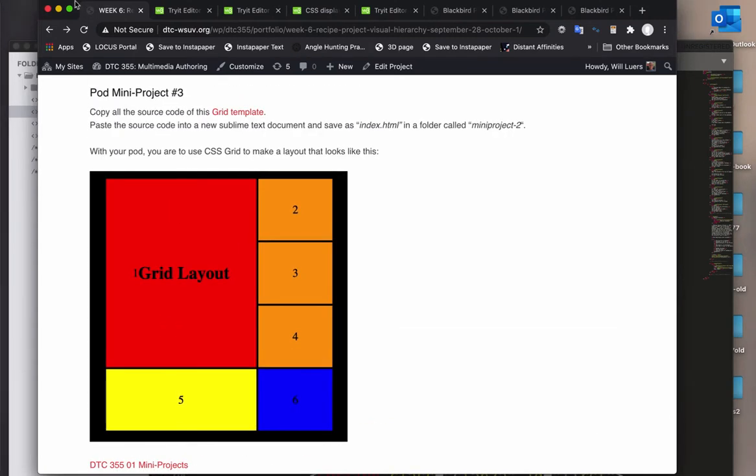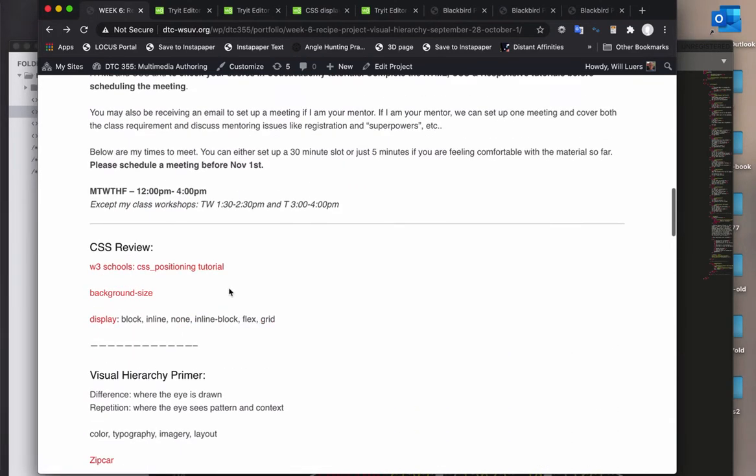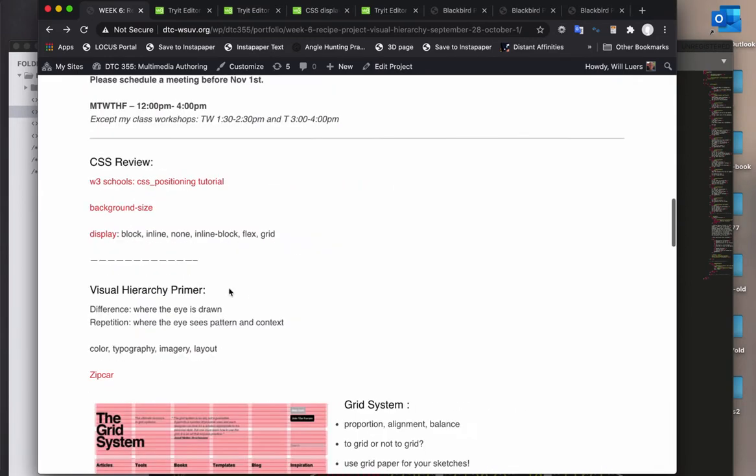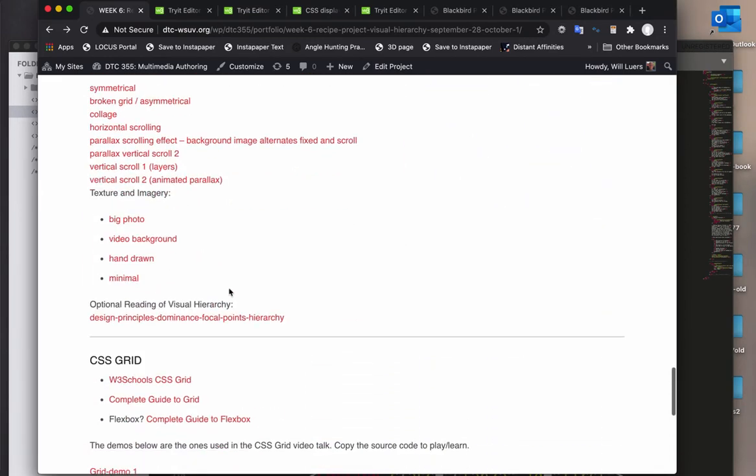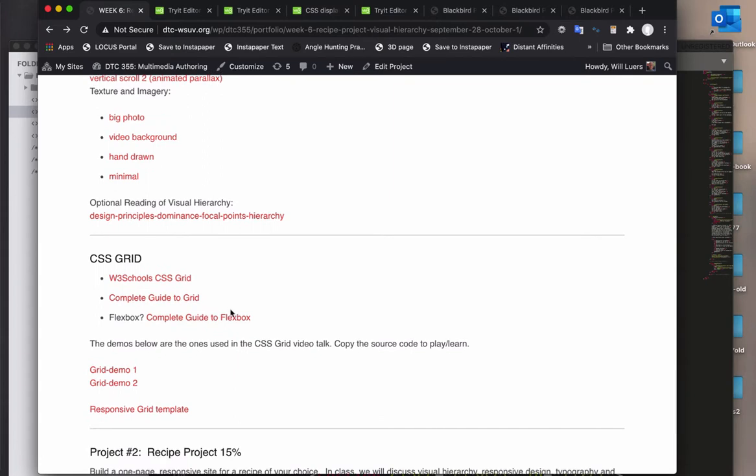Okay, now to cover CSS Grid. I do hope that you have completed the tutorial for CSS in Code Academy and especially the CSS Grid for this. Although this seems complicated, it's only complicated because there's lots of flexibility in how you use Grid. It's not as complicated as what we used to do,